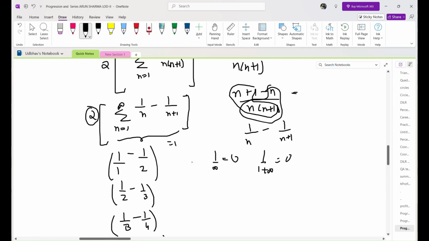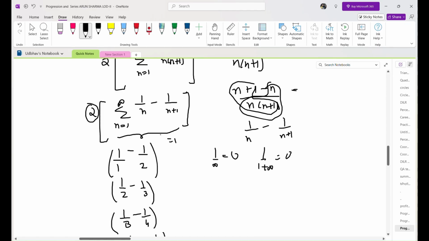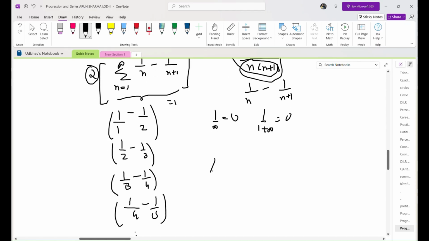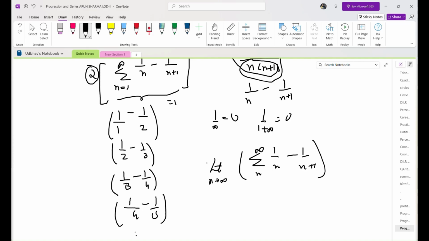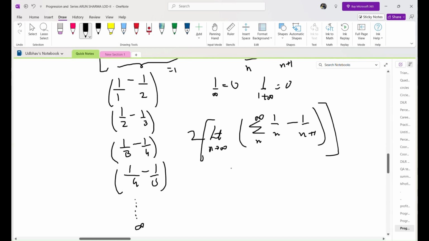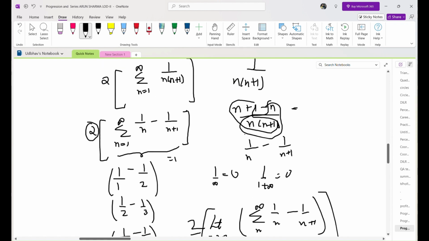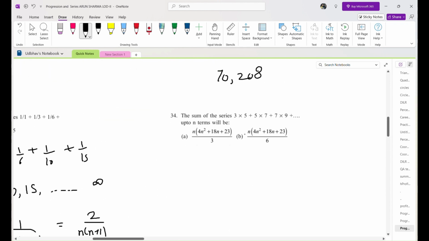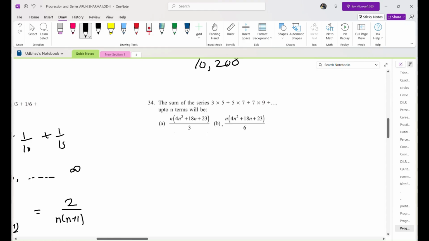Not a very good way to solve it at last. We have to use the concept of limit here. We have to take the limit to infinity, something like that. And when we solve this, you will eventually get just this 2 out of the sum of